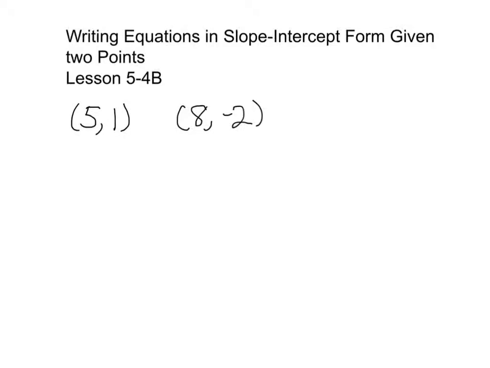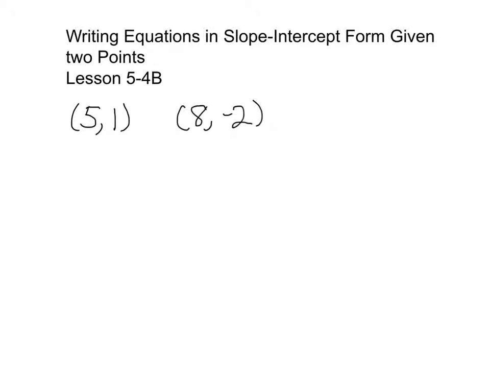Okay, so today's lesson is writing equations in slope-intercept form when you're given 2 points. So yesterday we talked about how to write an equation in slope-intercept form when we have the slope and 1 point. Now we're going to write an equation when we have 2 points. So the way that we do this is